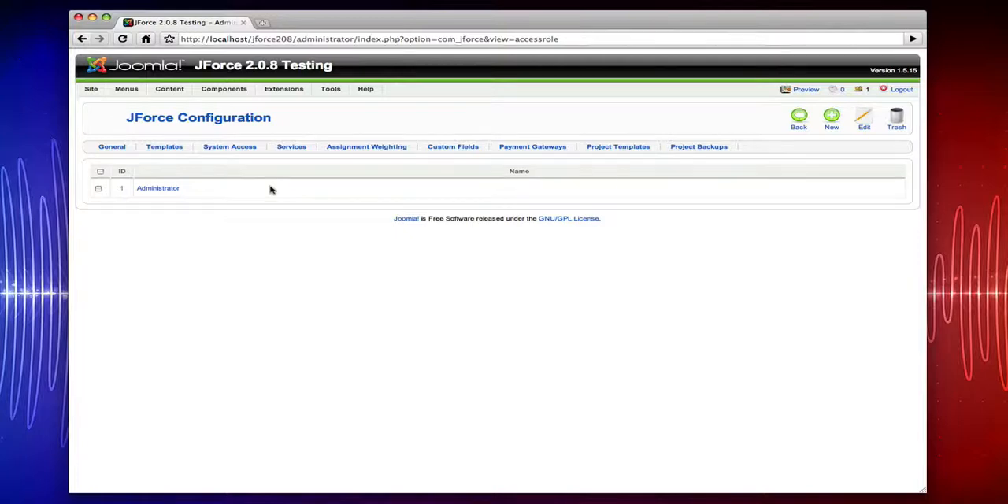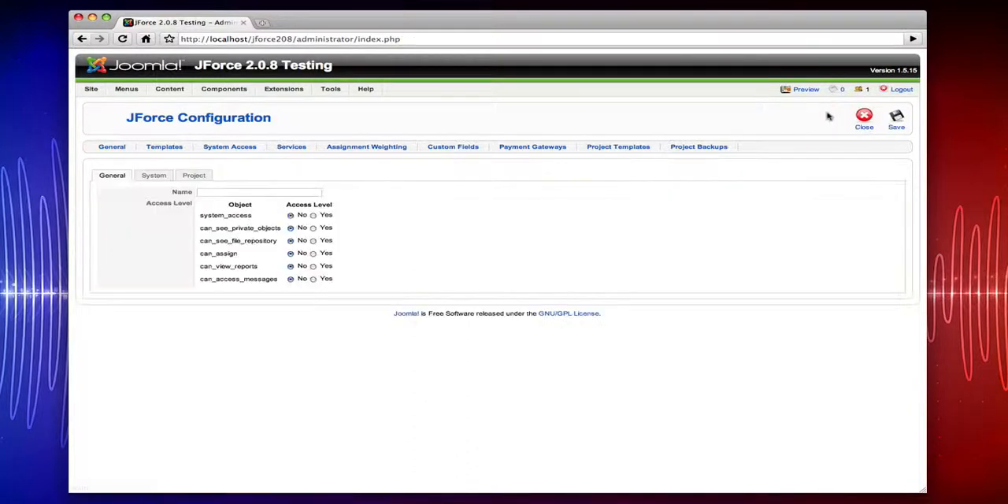You'll notice we have one role here named Administrator. This is not related to a user, but is an access role to which you can assign various users on your site. We will choose Create New and will create a client level access role to be used by your users. The first thing you'll notice in the General tab is that we have System Access, which we will set